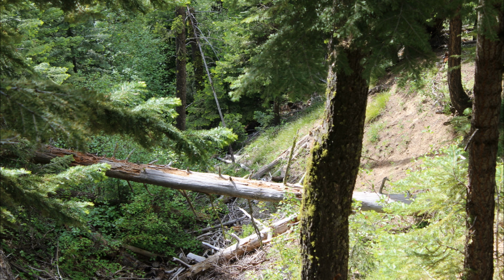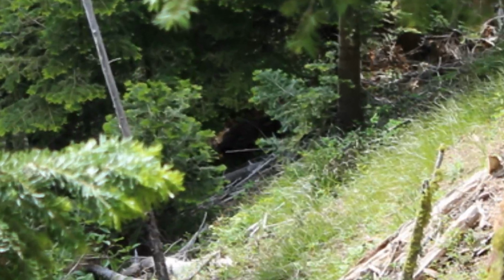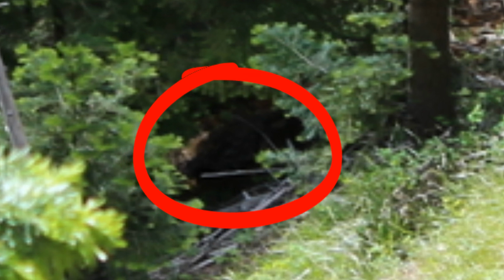So then Don said, "Is that a face?" Now, if you zoom in on this area right here, and you look very closely, my editing program won't zoom in close enough, but here's a digital zoomed picture of what I took. Now, we could see this clearly with the binoculars, but my camera just had your regular old